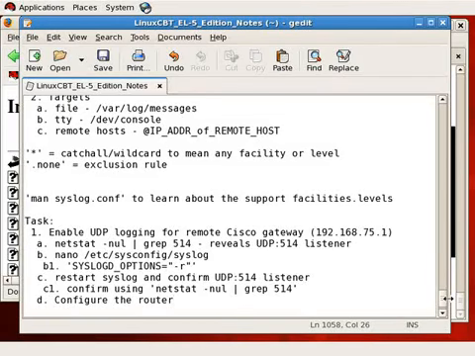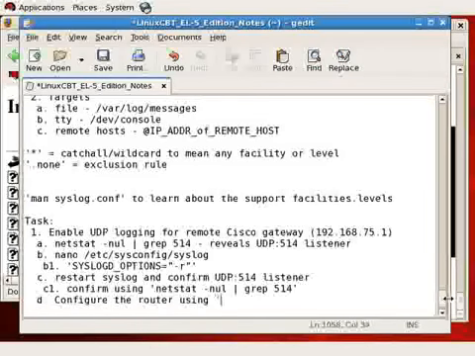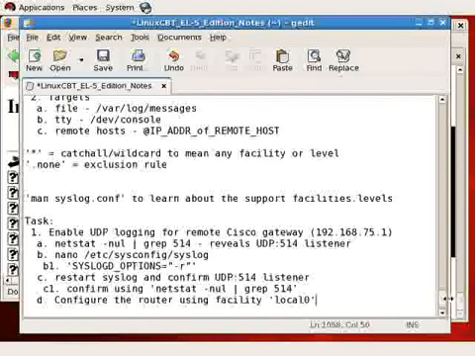Six are available, we need to pick one, perhaps local 0. Configure the router using facility local 0 and level info so that we get a lot of information. Then step E will be to configure